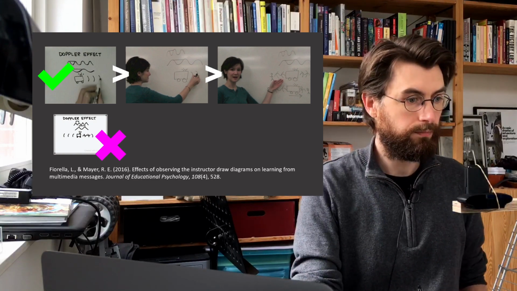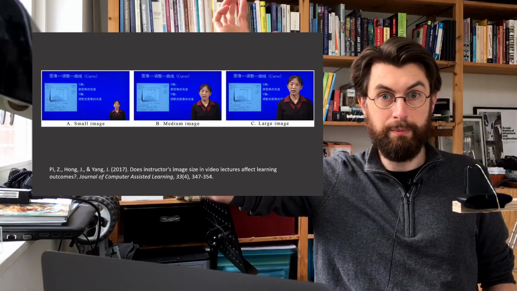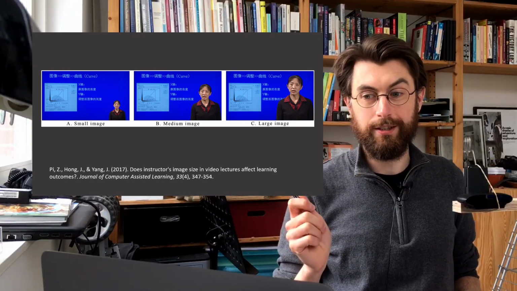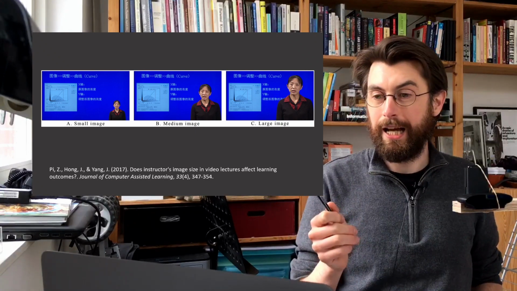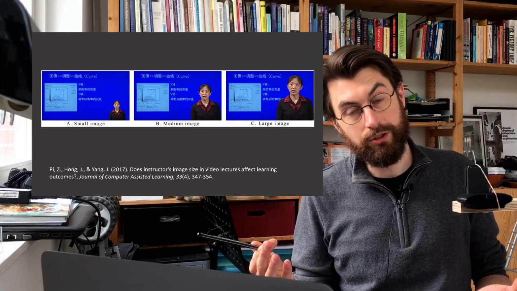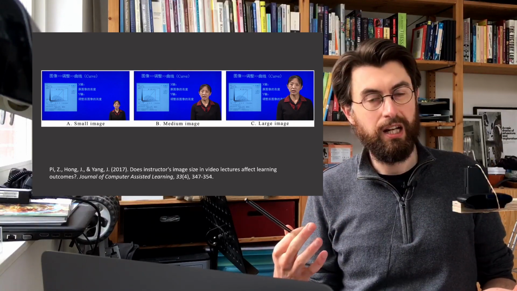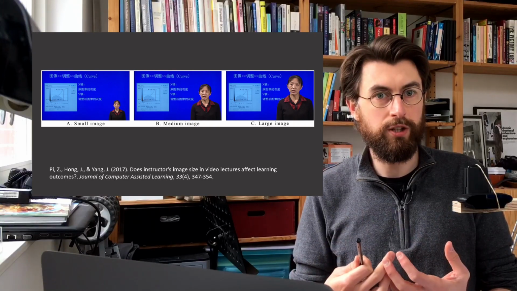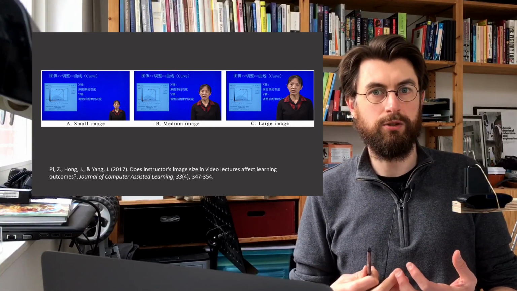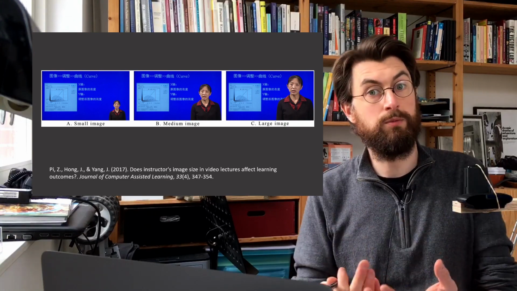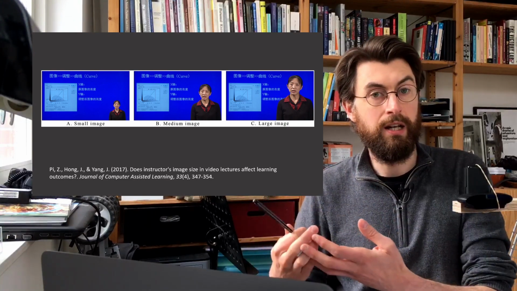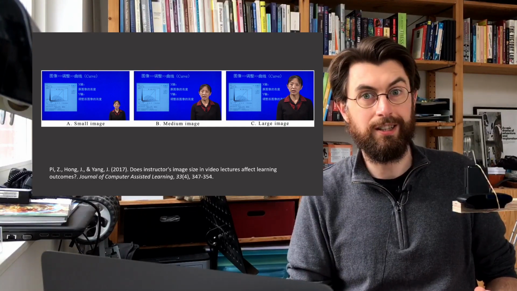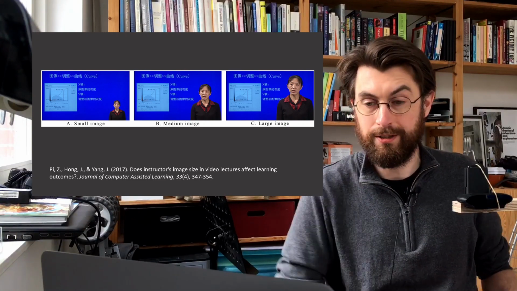So that was an interesting result I found in the literature, and that gives very practical conclusions that I try to use. Also about the size of your face, should it be big or small? It should be small. This research tested this in a very structured way, and it turns out, of course, when your face is on the screen, it's also a bit of a distraction. So that's a downside, but it's good to be on the screen at least some of the time, because it gives the students a feeling of connection with you and it helps them stay engaged. So that's the bonus side of it. But that bonus you already achieve with a very small image, and the negative side becomes bigger and bigger the bigger your image is.